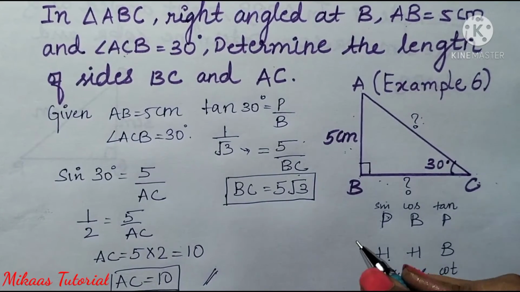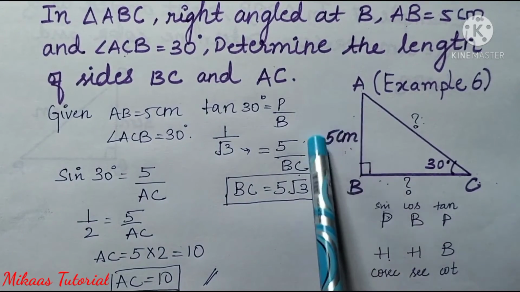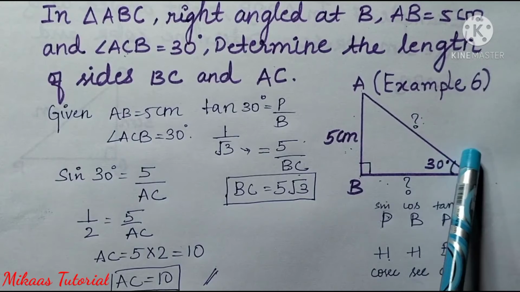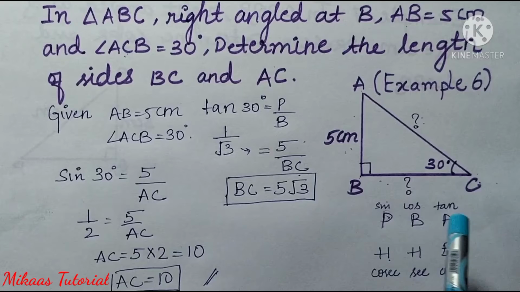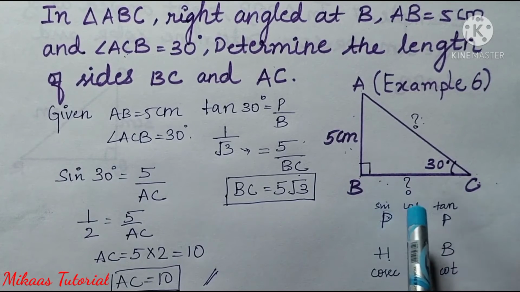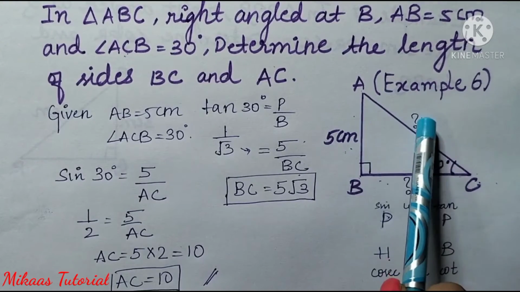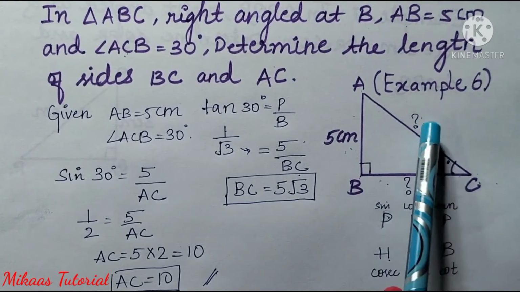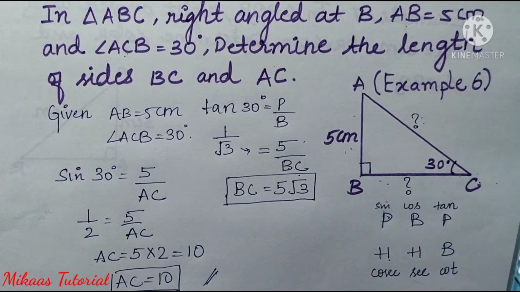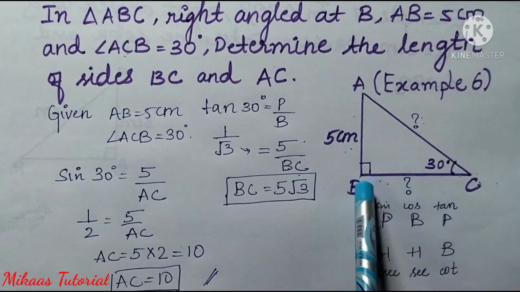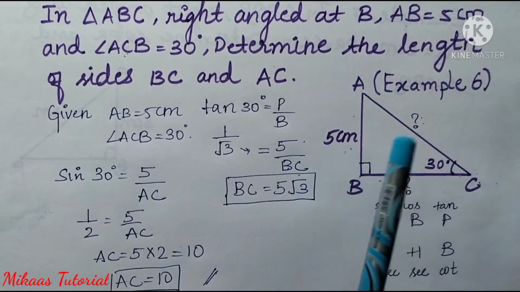That's all. I'll repeat it. How to solve this? A very simple question. Given the perpendicular and angle theta, you have to see in Pandit Badri Prasad Hari Hari Bol which sides sine is taking. Sine takes perpendicular and hypotenuse, and with sin theta we will calculate the AC value. In the same way, tan is perpendicular by base, so taking perpendicular and base BC, we will calculate the BC value. It's very simple. That's all.